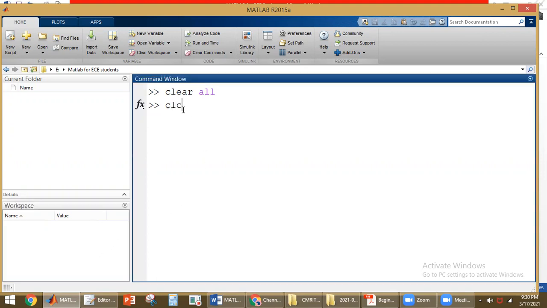And we also discussed CLC. CLC is used to clear the command window. Now we have already discussed how to create a matrix. So here we are creating a 3 cross 3 matrix. Between the row elements, we have to give a space, and whenever we are entering the next row elements, we have to give a semicolon. When we type semicolon, it will take the next row elements. Like this, we can give positive numbers, negative numbers, and we can also give decimal values. This is our matrix A, and the matrix B I am defining like this here.